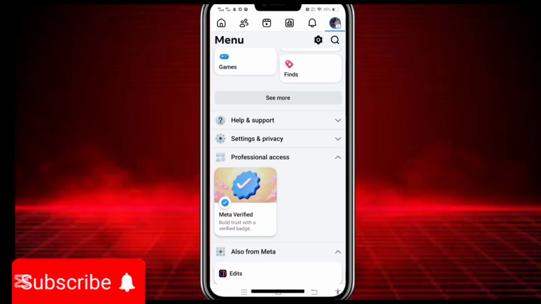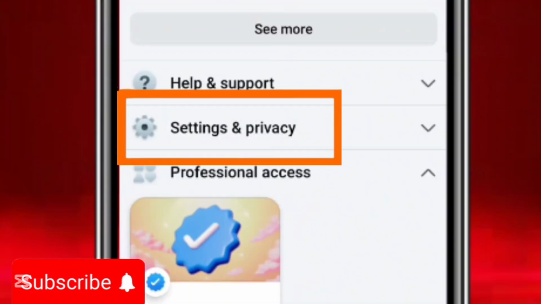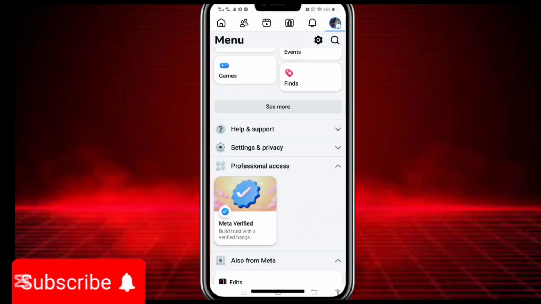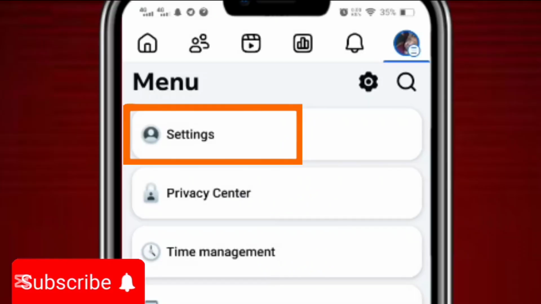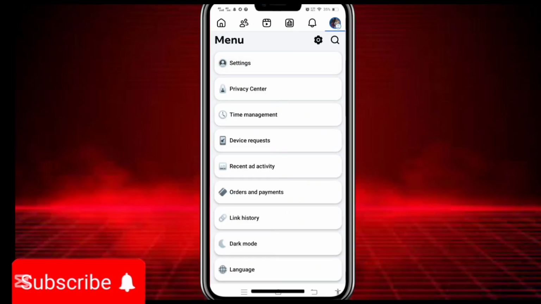Scroll down and find the option Settings and Privacy. Tap on Settings and Privacy. Next, tap on the Settings option. Tap on Settings. After that,